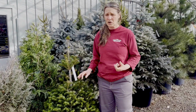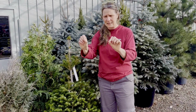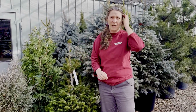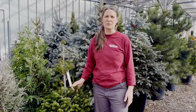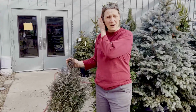It's the white fir. It has actually quite long needles, up to 1 inch long, and you can really see how they fan out from the side on the twigs. So again, these guys are a little bit more unusual in that they don't really prefer to grow in the Front Range. Another big group of conifers that are actually native here in the area and in the foothills are